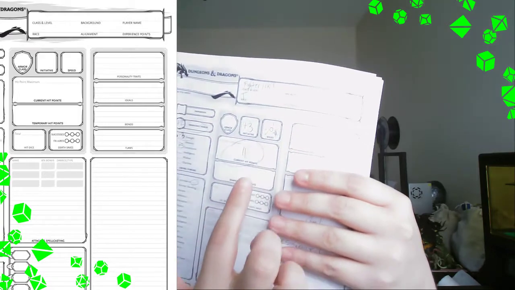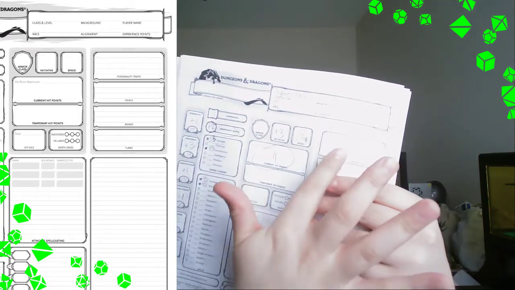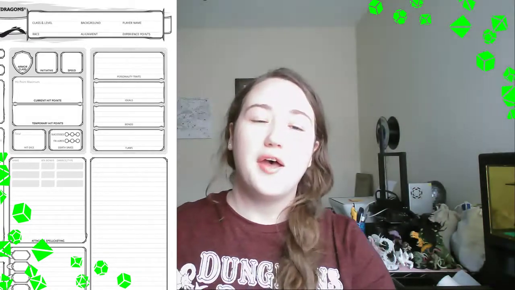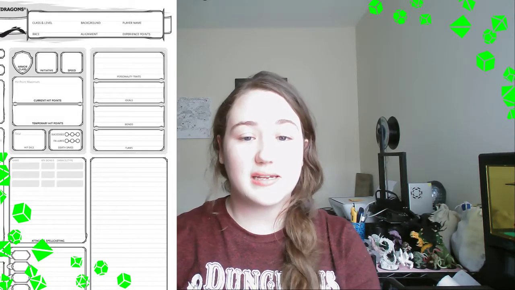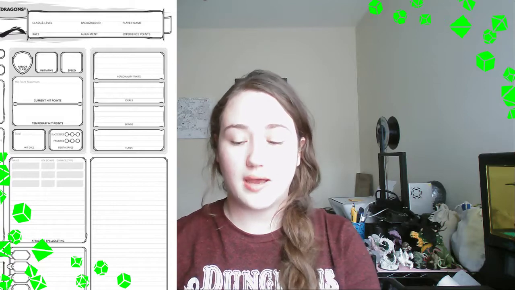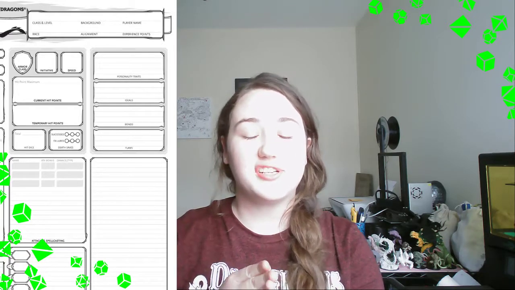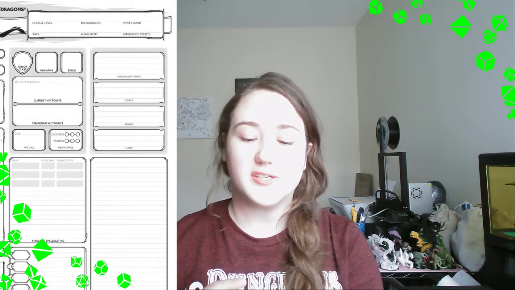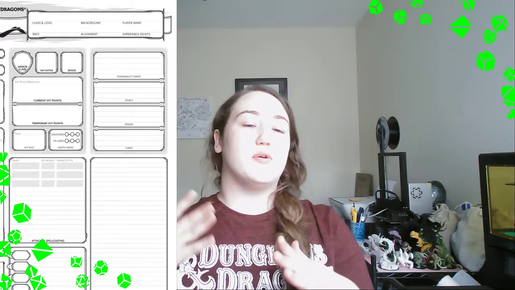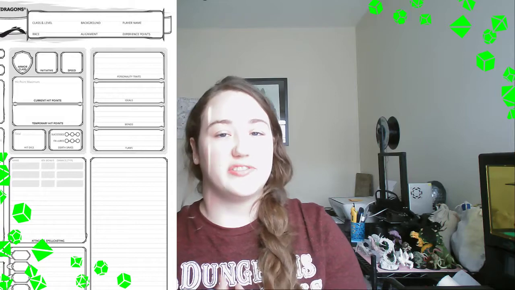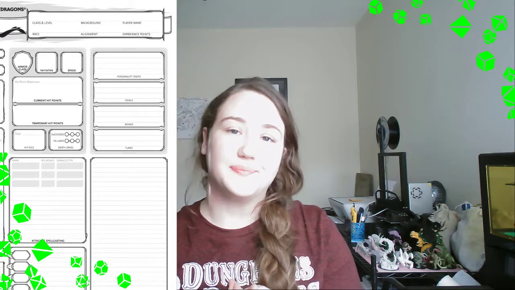I'm having to do everything backwards right now, so it's really weird. Okay, so your initiative is going to be your dexterity modifier. I have a +3 on mine, so mine is a +3. Now, why do you want a separate block for your initiative if it's just the same dex modifier?